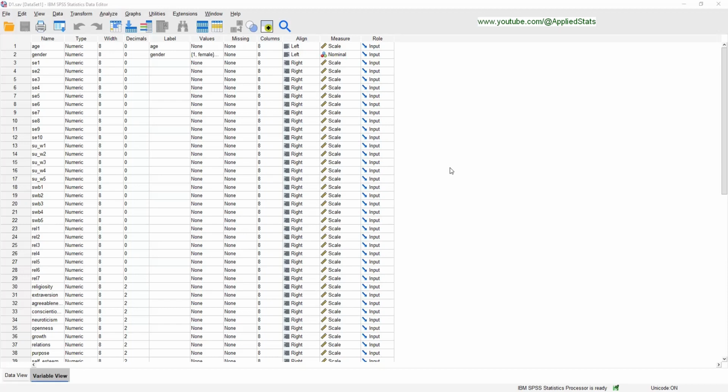Today, we are going to run an independent samples t-test using SPSS and JASP. The dataset we are using is called D1. All right, for running a t-test, you need a binary variable, a categorical variable. And today we use gender